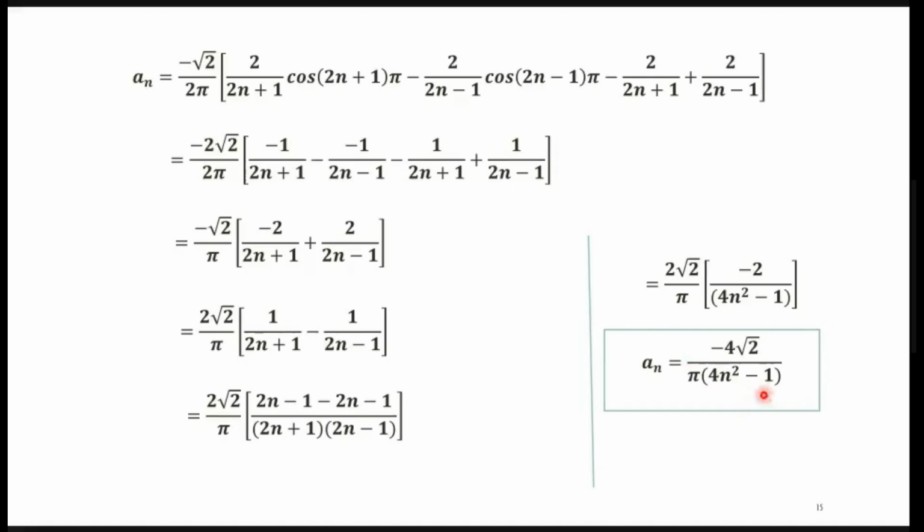It will become 0 only when n square is 1 by 4. And 1 by 4 number is not there in the series. ठीक है? So it is true for all the values of n. Similarly, calculate bn, substitute everything in the final answer and calculate the series. ठीक है? Just try this. The remaining part,